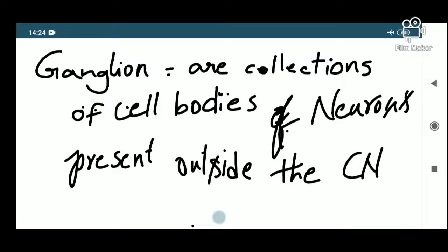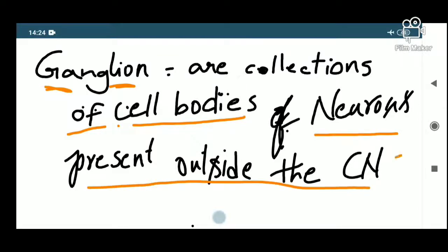So now I'm explaining the histology of spinal ganglion and autonomic ganglion and their comparisons and differences. First of all, we should start with the word ganglion. So what is the ganglion? Ganglion is nothing but the group of cell bodies of neurons present outside the central nervous system. So the group of cell bodies which are present outside the brain and spinal cord are called ganglions. CNS is nothing but brain and spinal cord. So the group of neurons which are present away from the brain and spinal cord are called ganglion.